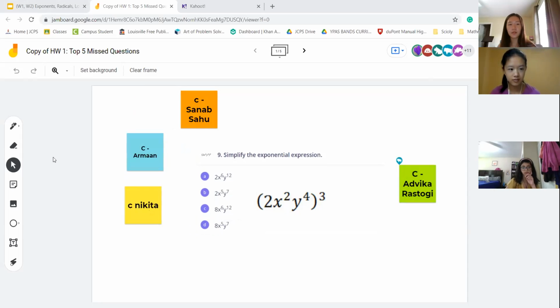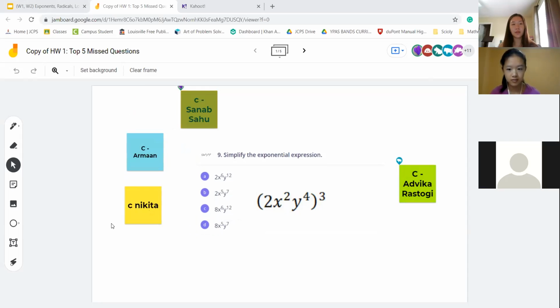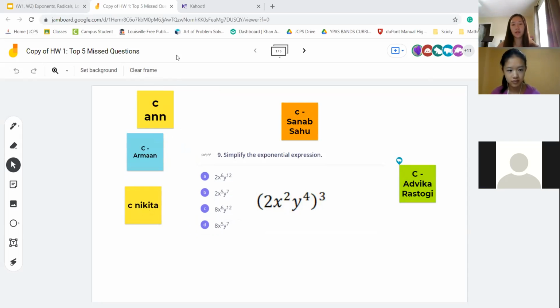Okay, so I guess I'll explain the first one. So number 9 is to simplify the exponential expression, and it's the quantity of 2x squared y to the 4th to the power of 3. So if you remember from last week, whenever we have a power to a power, you can multiply the exponents. So here,